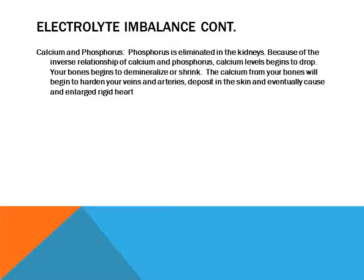Now, phosphorus does not dialyze out too well during your treatments. Actually, calcium and phosphorus have an inverse relationship, so that when your phosphorus goes up, your calcium comes down, and when your calcium goes up, your phosphorus comes down. Now, because phosphorus is not eliminated well throughout your treatment, your phosphorus will tend to increase and your calcium will